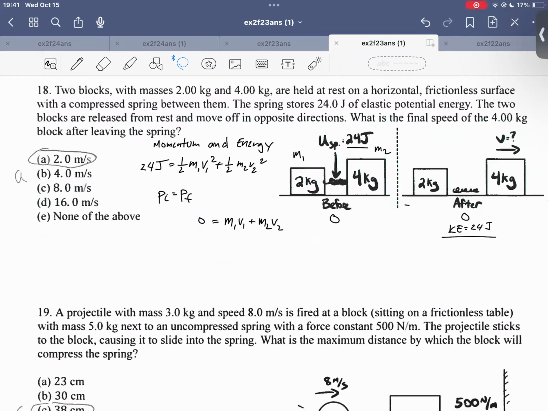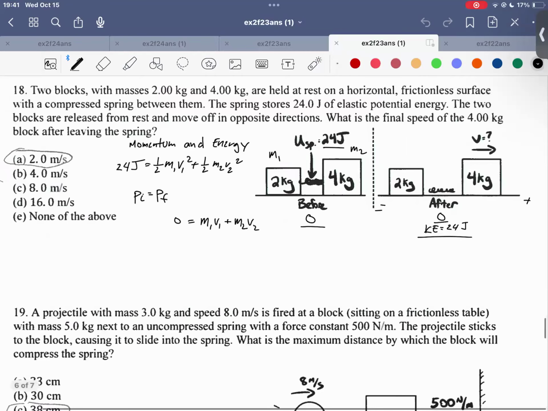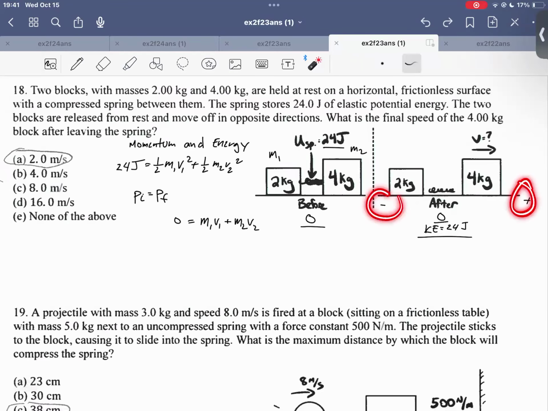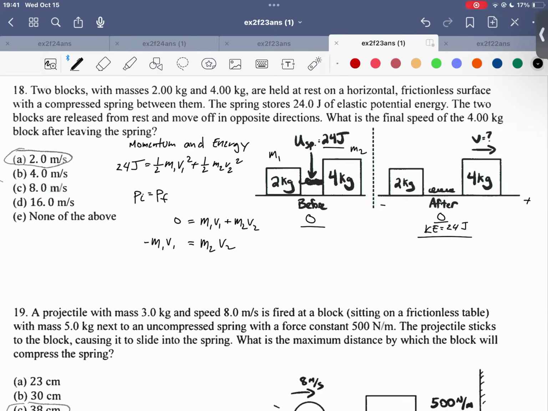Okay. And so that's from this 0 here, right? So momentum before is 0, momentum after must also equal 0, right? And they move in opposite directions, so we have this negative and this positive here. So if we move this to the other side, we can say this m2 v2, and we can then say this,